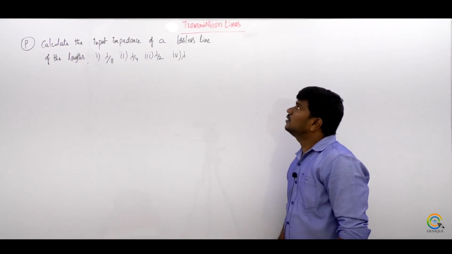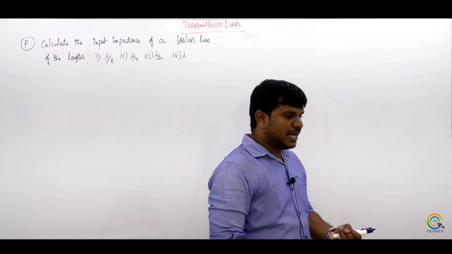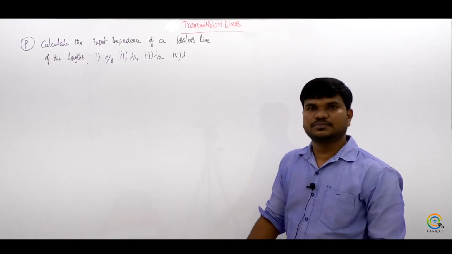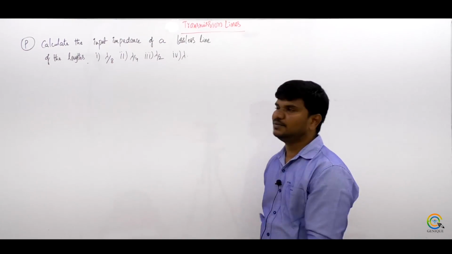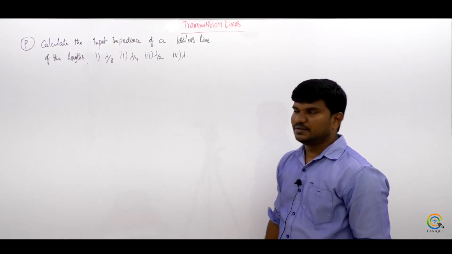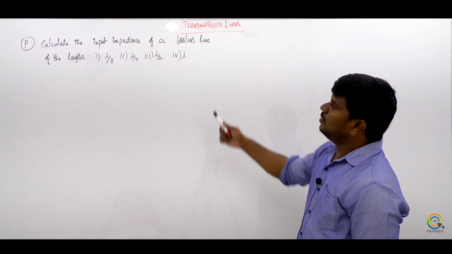So if you observe transmission lines, there are mainly two types. Here we will be having only the lossless lines, we won't go to the lossy lines. Everywhere we will go for the best, so always we have to try to reduce the loss everywhere. Okay, so now here in this question,